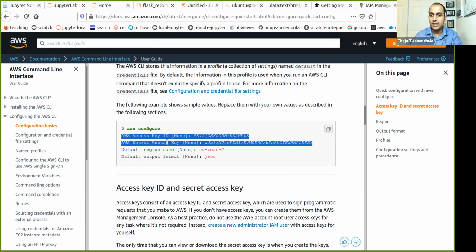And once you have this, we can just run those commands that we saw for Docker. So let me just do this.